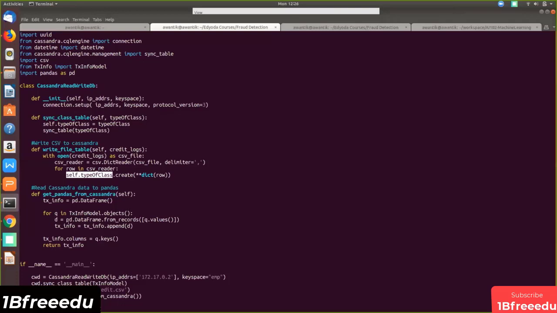From each row, using the from records function, we create one data frame and append it to the bigger data frame. With this entire process, the bigger data frame doesn't have any column names, so we need to assign the column names also. That is what we did using q.keys. Finally, we are returning it.